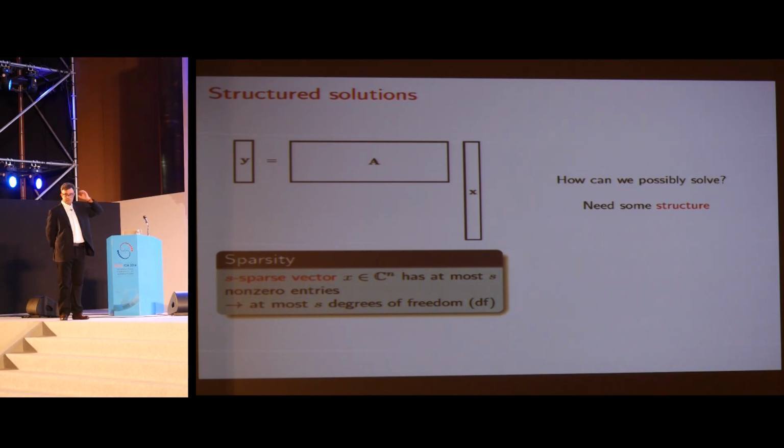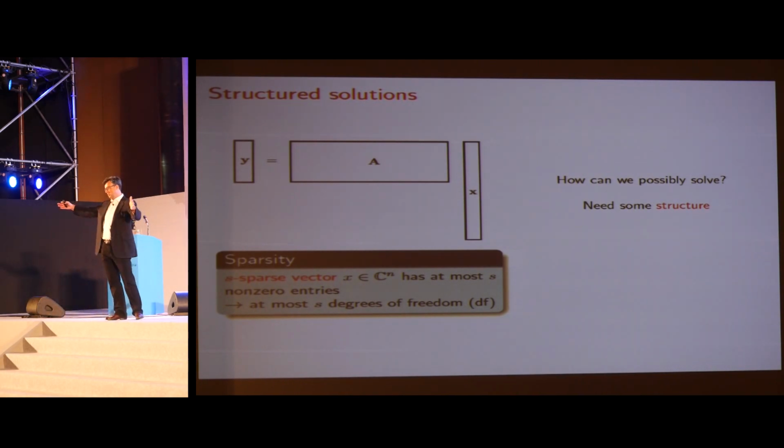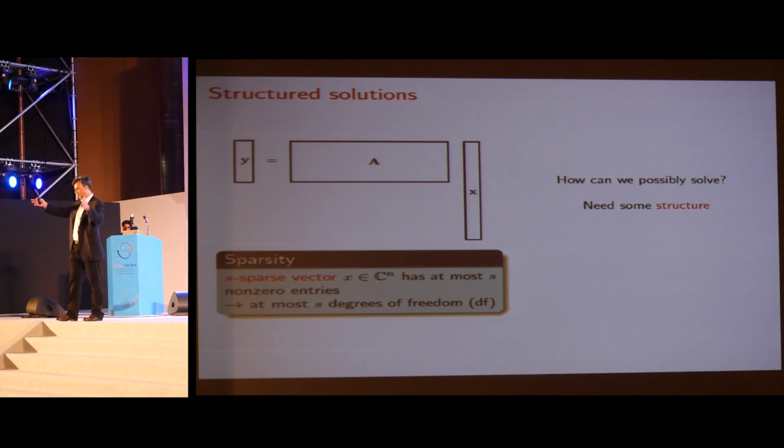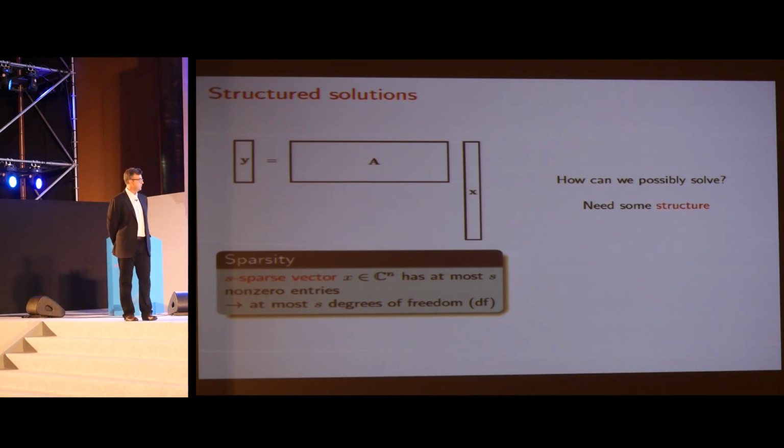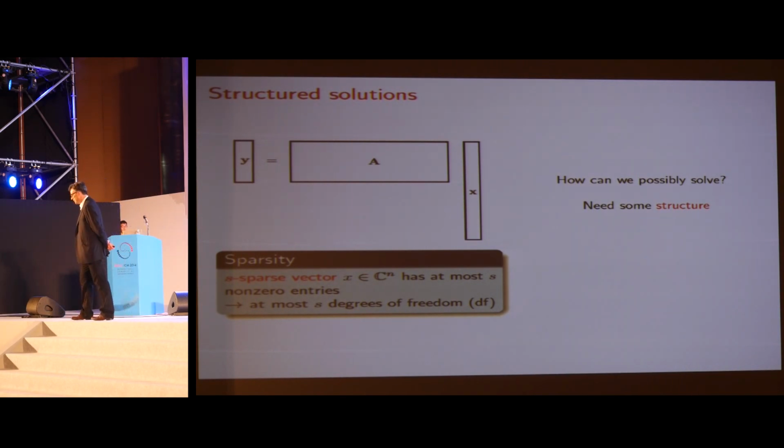I'm going to say that a signal or a vector is sparse, and I'm going to use the word s-sparse. I have a long vector with n coordinates, but it's s-sparse if only s of them are non-zeros. What this means is that this vector x has lots of zero entries, and a few of them are non-zero. So I can think about a sparse vector as having s degrees of freedom. Now this is related to our first example. I don't know if you remember the image we had, but maybe it was not sparse, but its gradient was sparse.